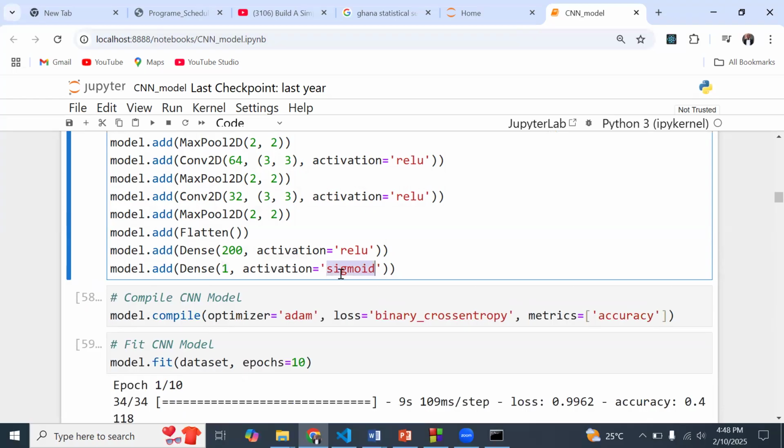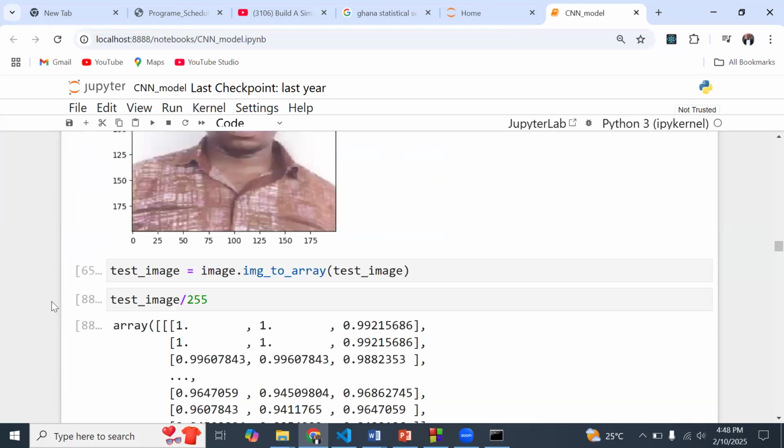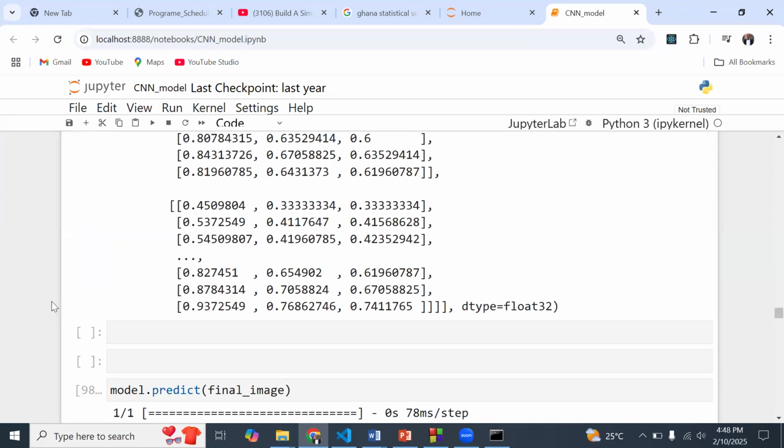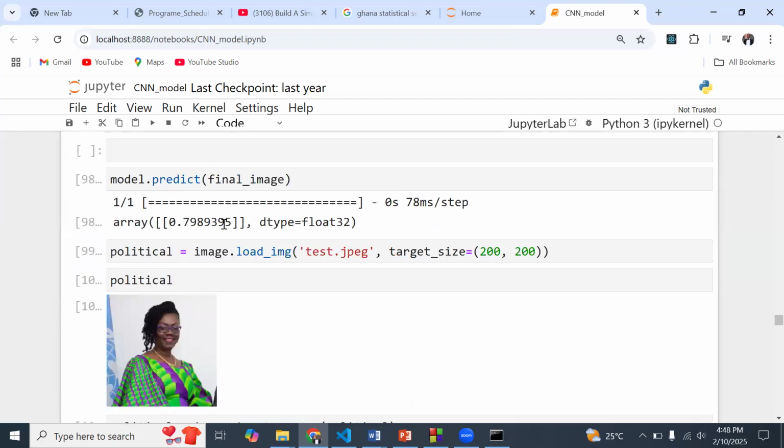With the sigmoid, we can determine a threshold, so that anything below 0.5 is a certain class and anything above 0.5 is another class, because it just gives us one output to think about. So if this is a model you have developed and somebody puts in an image and sees this number, it is not really going to make sense.